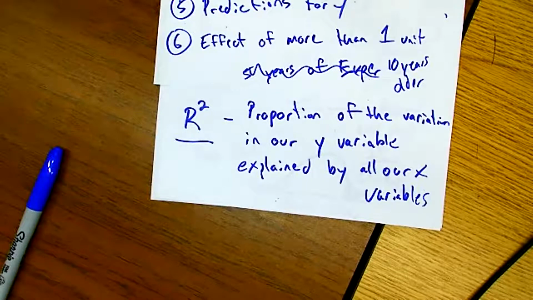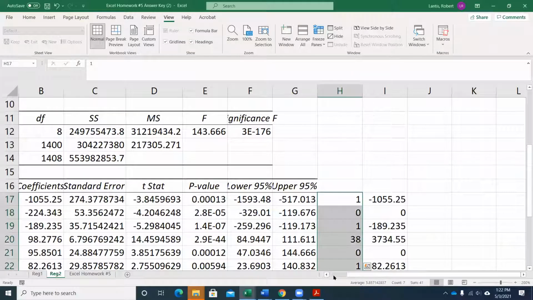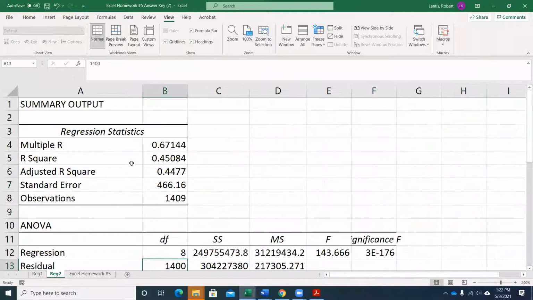So if we look at that, our r squared is up here. We're explaining a proportion of the variation in our y variable of about 0.45 or 45%, which means that 55% is left unexplained, right? So when we're making predictions, we're missing about half of the important things that matter, right? So we would probably like to go out and gather more information on these people to try to get this